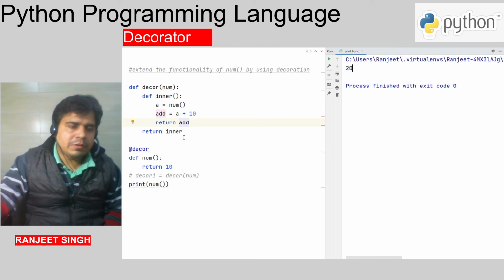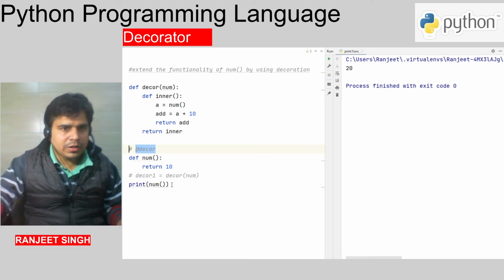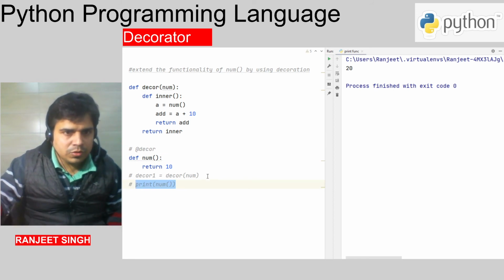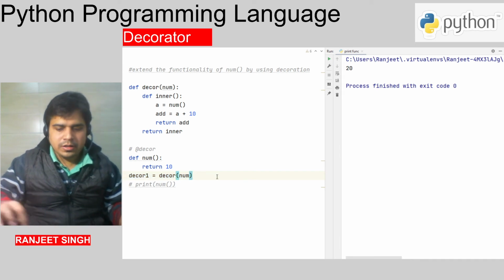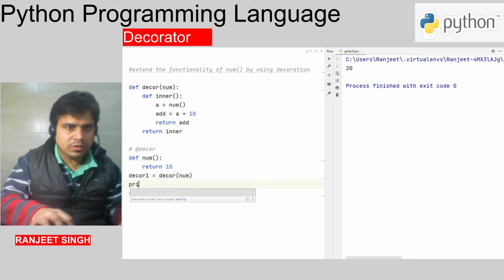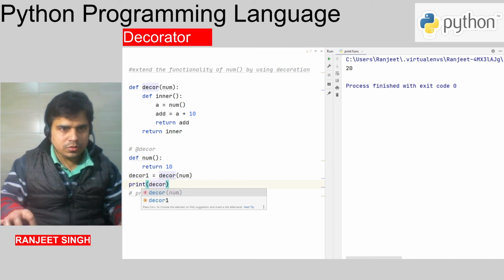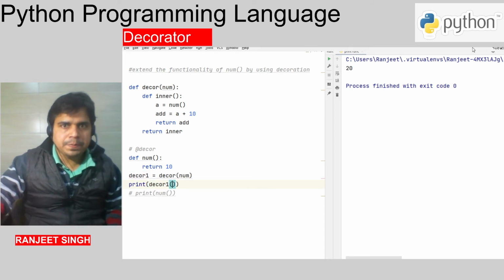So what we are actually doing here, we already have a function. Suppose we do not want to use this, right? In that case, we will have to create decor1 and call this function decor1, right? Now run this.